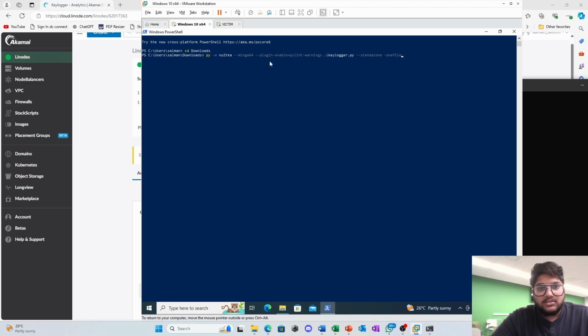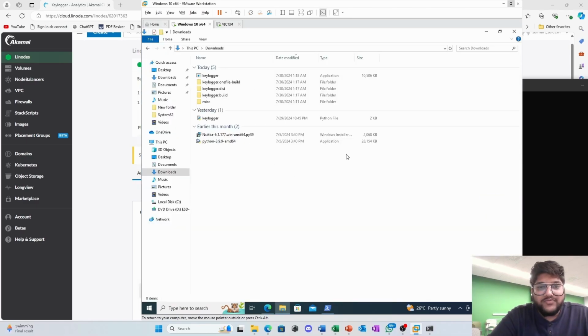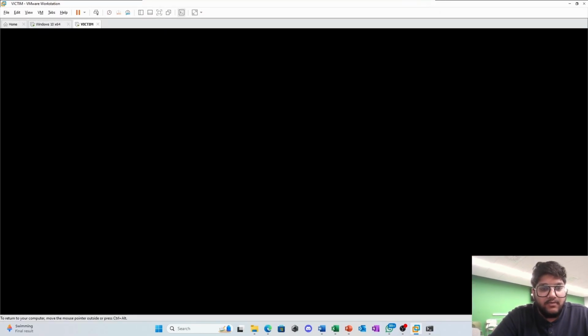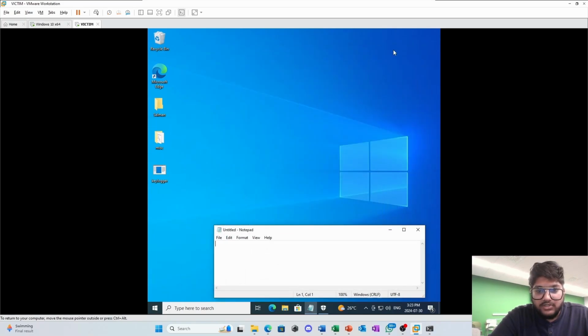So in this command we have specified the file name of our Python keylogger, and we can hit enter. Once we run the command, we'll be able to see that we have a keylogger application in our downloads folder. Now this keylogger is ready for use. All we have to do is send this keylogger file to the victim's machine, either through social engineering or through any other method. To demonstrate this, I'll go to the victim device, and first I'll demonstrate that